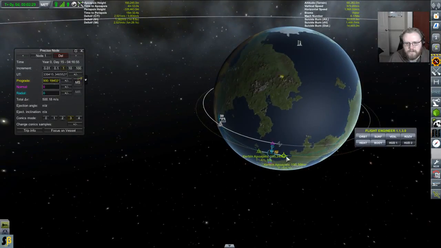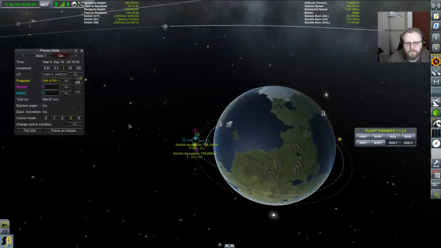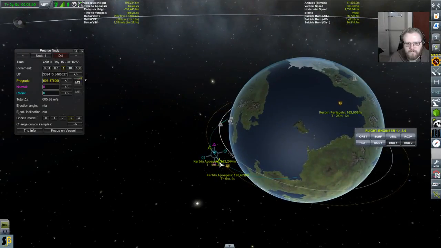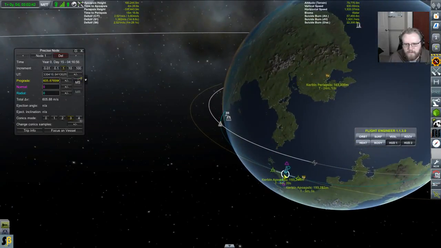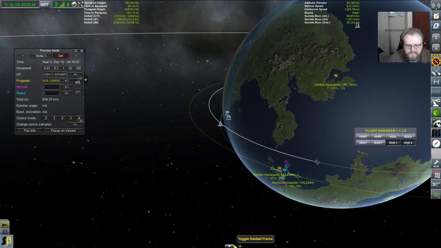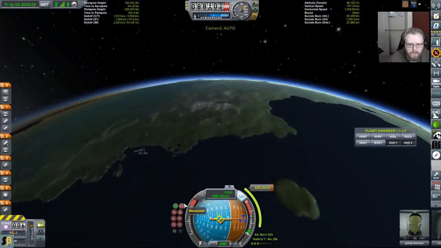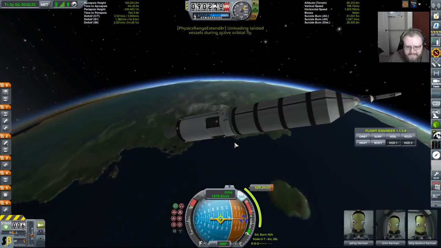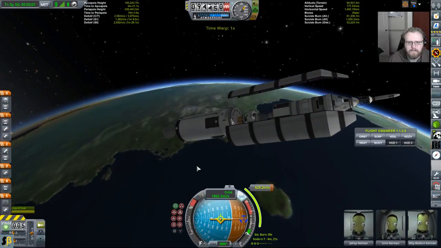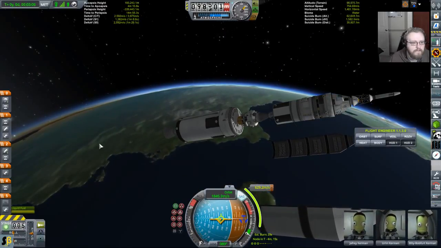If I do this right, we're going to actually... Yeah. So we'll circularize, or close to, on this apoapsis. There we go. And 190 kilometers. Sure, doesn't really matter. It's actually going to be good. It will save me some trouble on my inclination. Let's see. We're already out of the atmosphere, so I can ditch this. So we're going to circularize. And then...